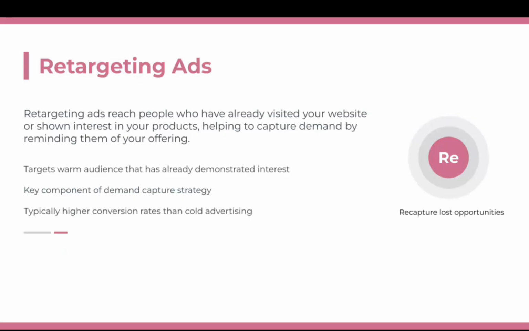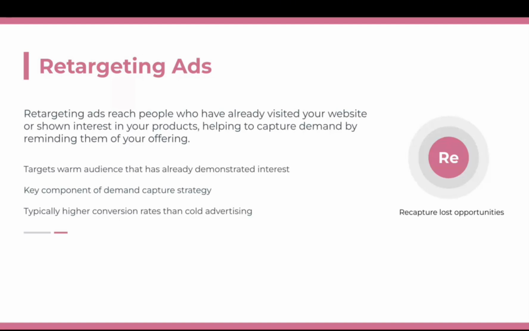Same thing with retargeting ads. Retargeting ads reach people who already visited your website or have already shown interest in your products. So it's helping to capture demand by reminding them of your offer. So we see retargeting ads a lot in paid social like Meta, as well as display ads.